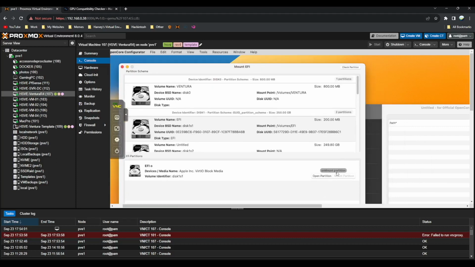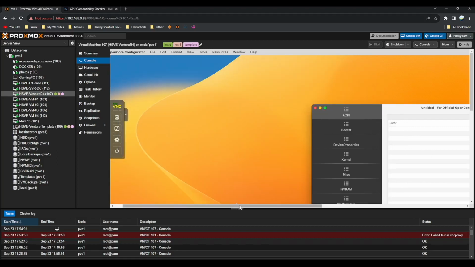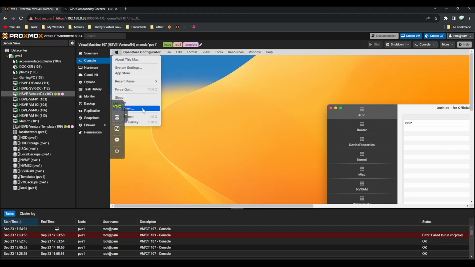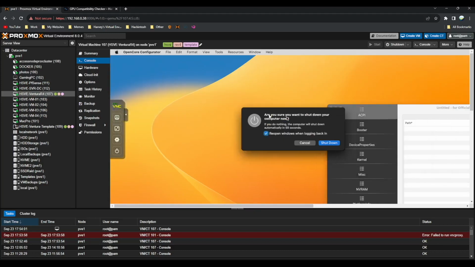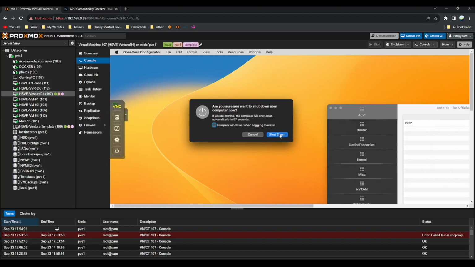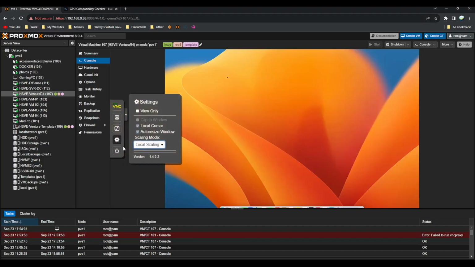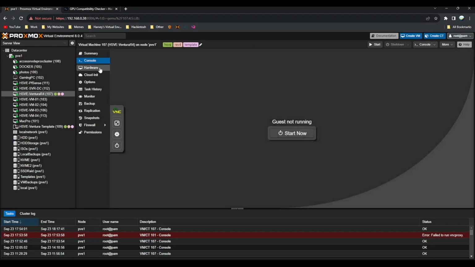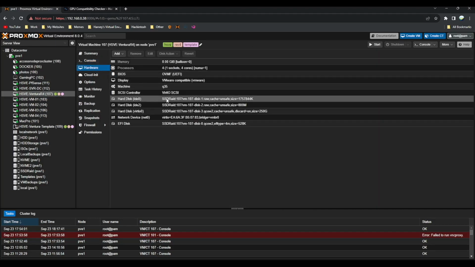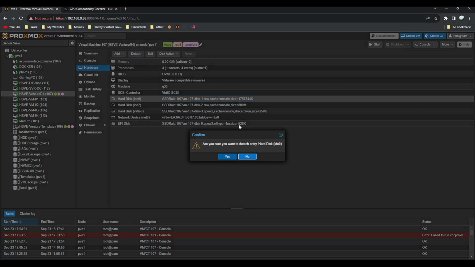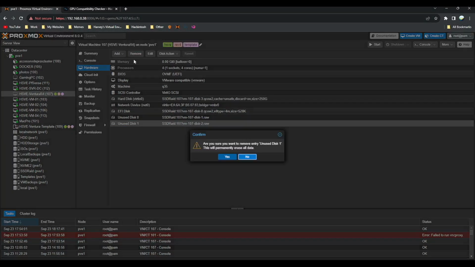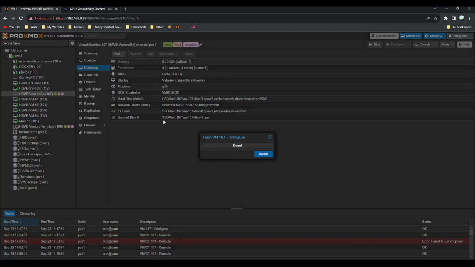Go to Mount EFI. You don't need to unmount the partition, but it's best practice for me. And now if we go to the Apple logo, shut down, and untick that because I don't like it, and click on shut down, we can now wait for it to shut down. Once it's shut down, go to hardware and remove these 2 IDE discs. So if I detach them both, you can keep them as your unused discs, but I'm just going to remove them